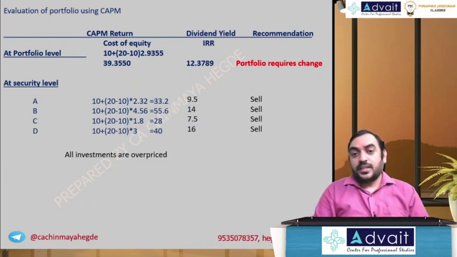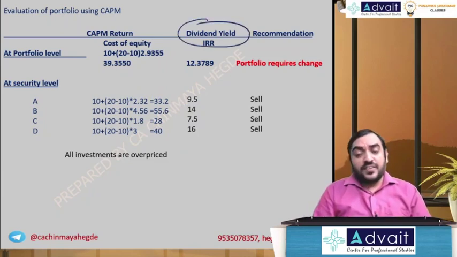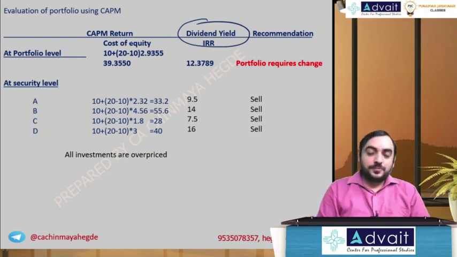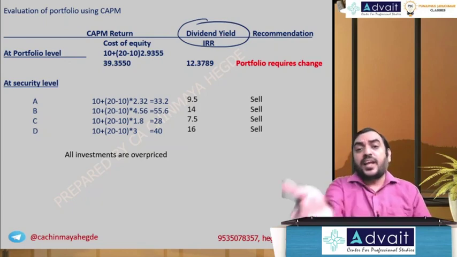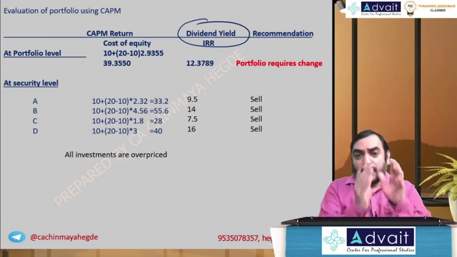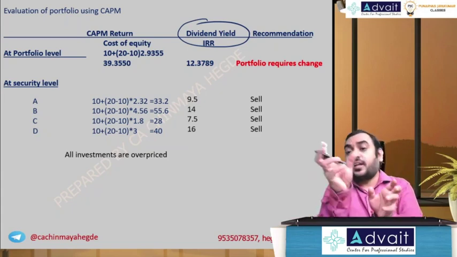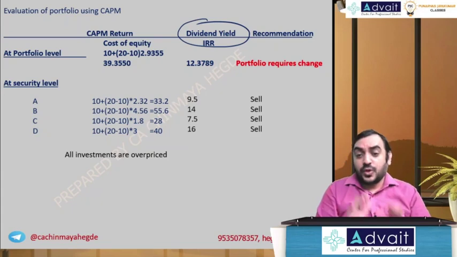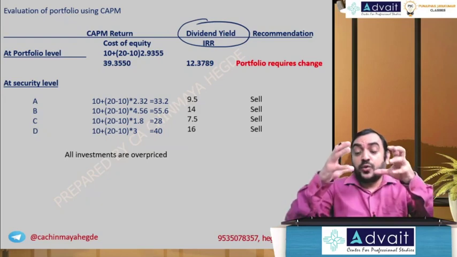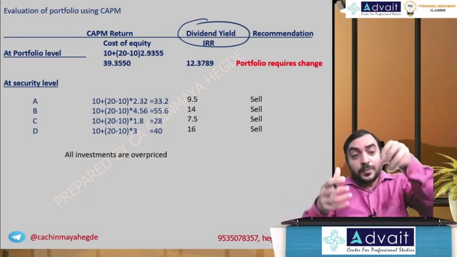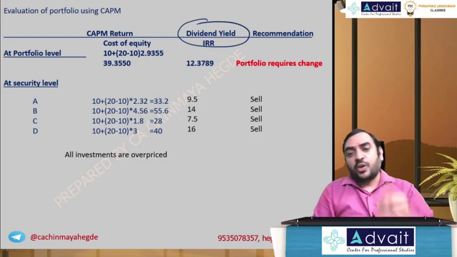Second point, in reality, not from exam point of view, taking only dividend yield is not the right comparison. Why? Because return for a shareholder is not only dividend yield, even price return is your return, right? We write P1 minus P0 plus D1. So P1 minus P0 is also important, not just D1. So in practical life, we should take price returns too, the total expected return including price and dividends. That's why considering only dividend may not be appropriate.